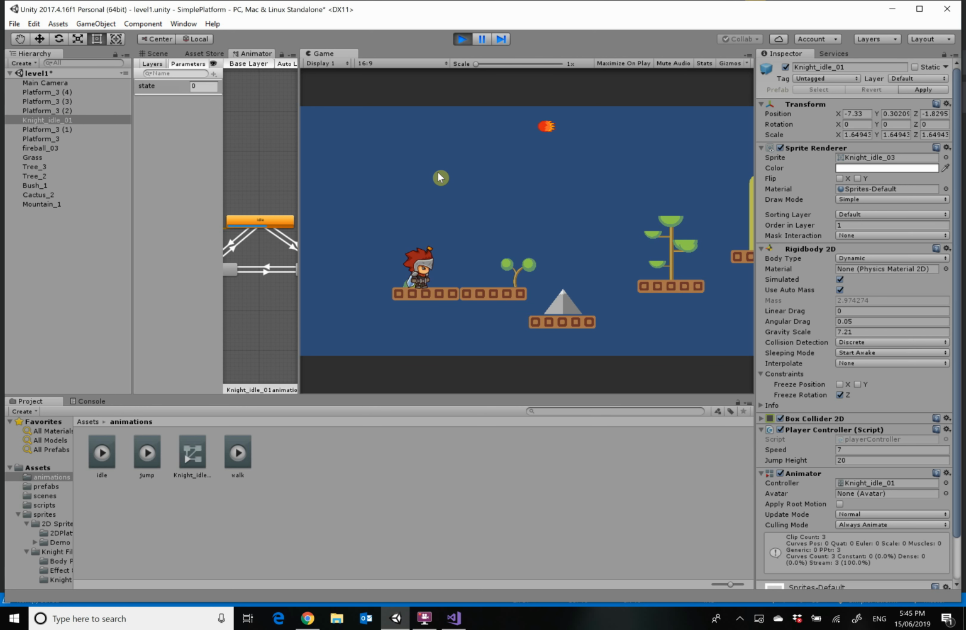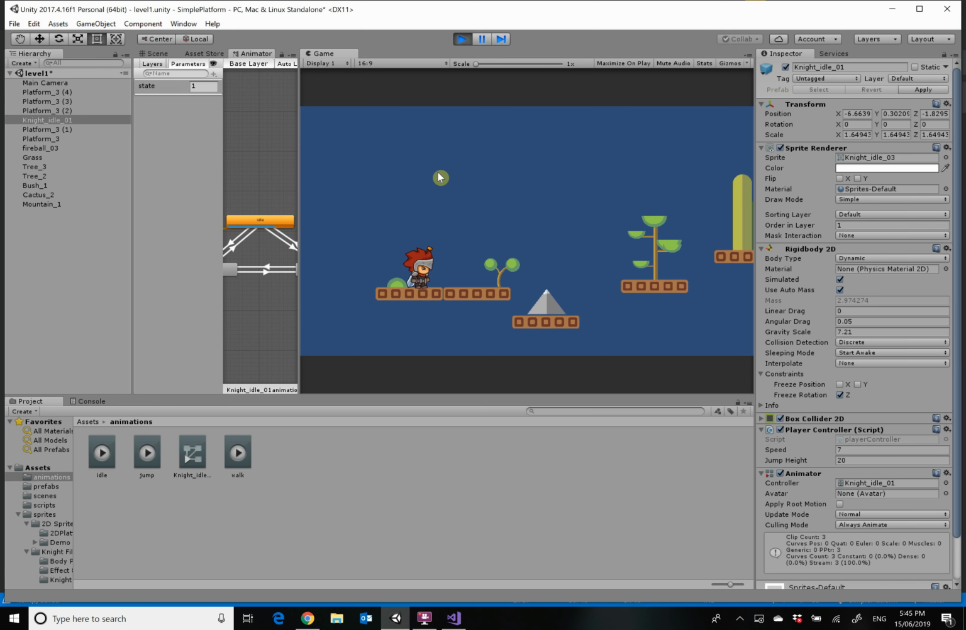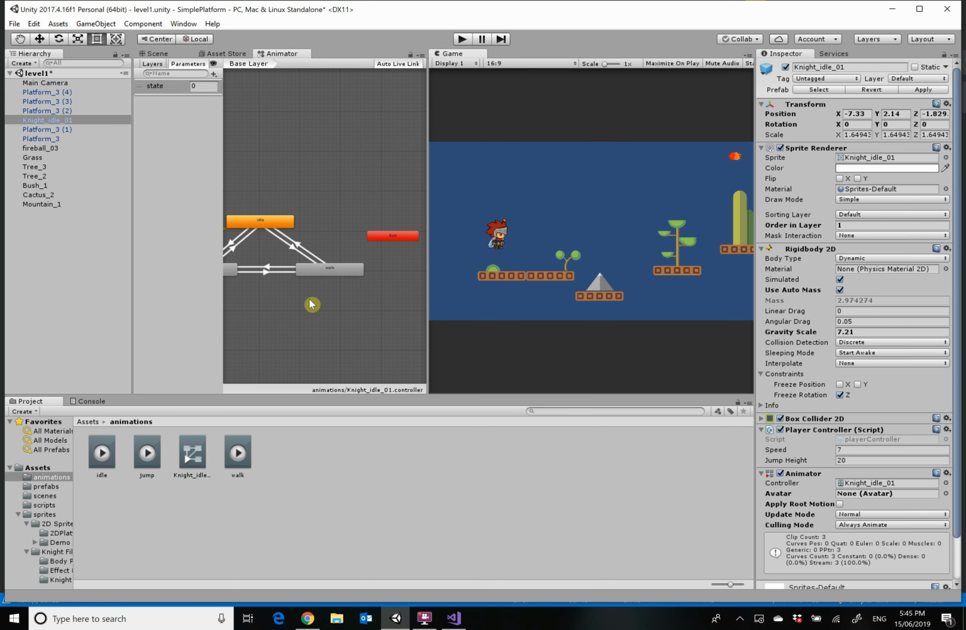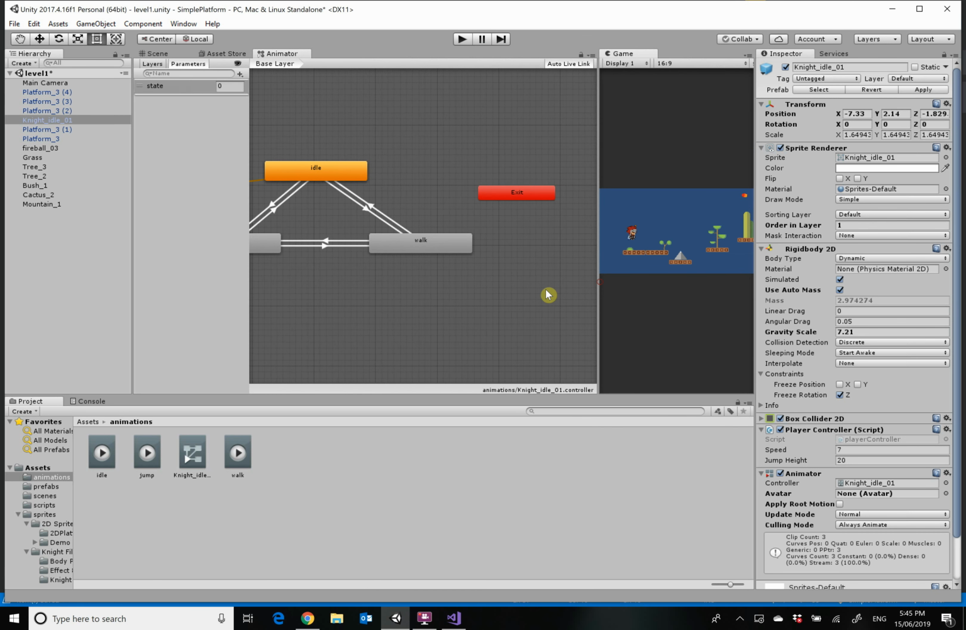Okay, so my idle animation's playing. If I jump, it plays my jump animation with a delay. And if I move forward, if I move right or left, it will play my walking animation, but with a bit of a delay. Now, to prevent the delay, I'll go back to my animator,